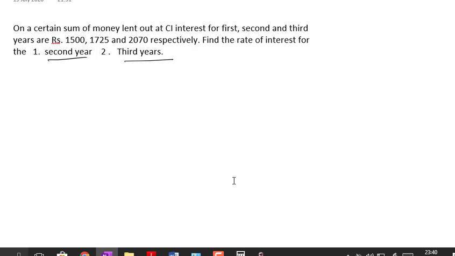So at some point what it indicates is that the rate of interest is changing. Okay, the rate of interest is changing, whether it is changing every year or it is changing for second year and third year, that we don't know. So I think we cannot solve this problem until and unless there is clarity for that change. So we stop at this problem number 6.